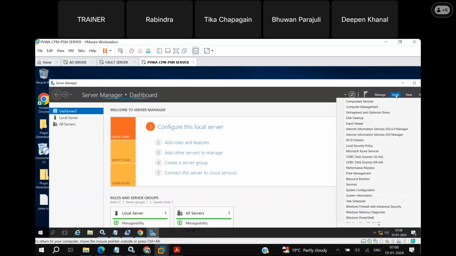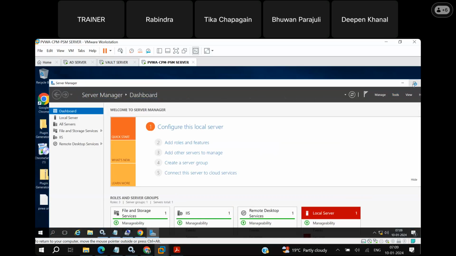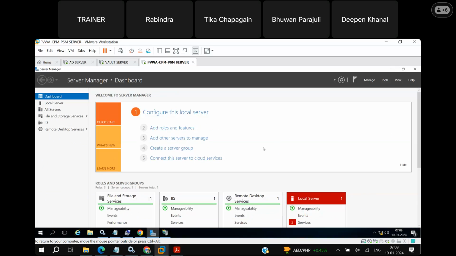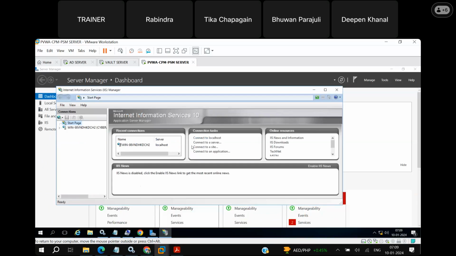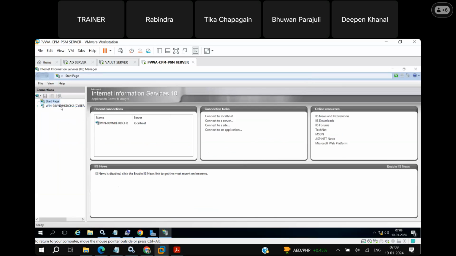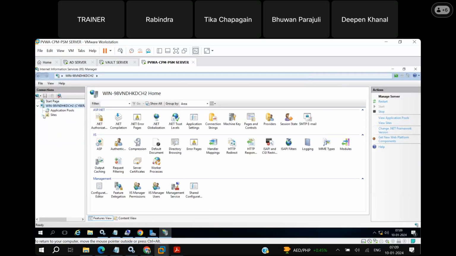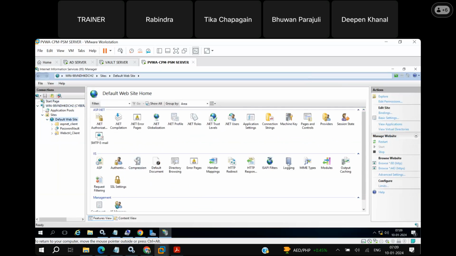Go to tools, IIS Manager, Internet Information Services. Yeah, it got opened here, Internet Information Services. So if you expand this host name under sites, default website, right side, if you go to the bindings,